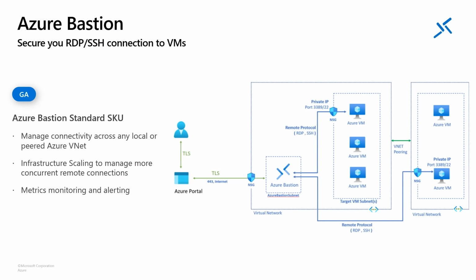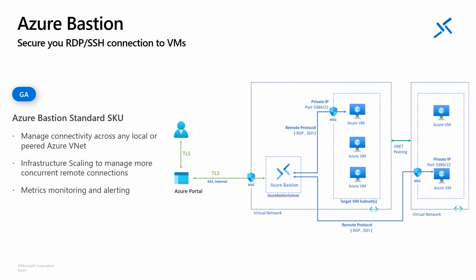Azure Bastion is another key service that customers should use to prevent exposure to the internet for the virtual machines. Everyone needs access to RDP or SSH. That's completely understandable, but there doesn't have to be a need to expose the VMs to the internet for that. Using the Bastion service, customers can connect through secure SSL means to the Bastion, and Bastion can then connect privately to all these virtual machines.